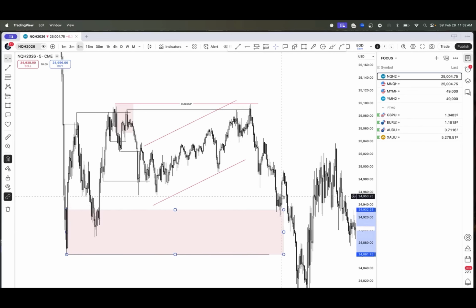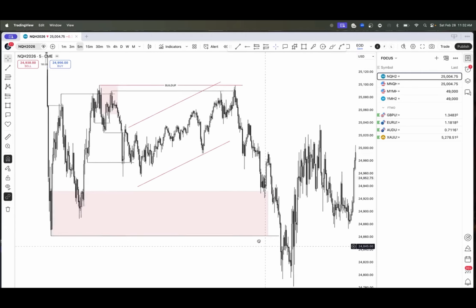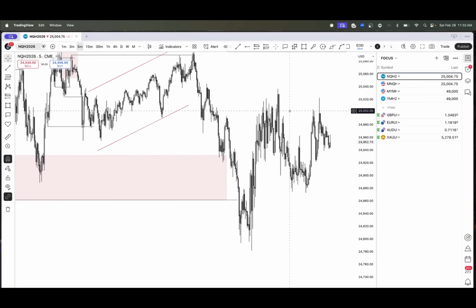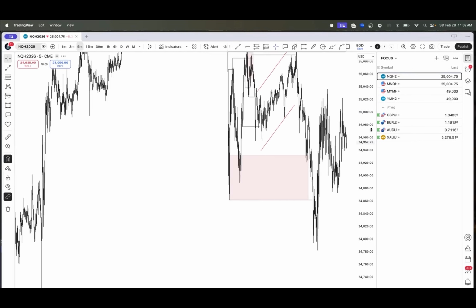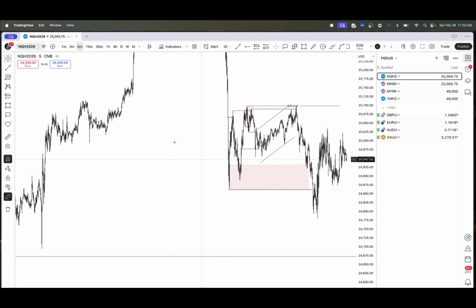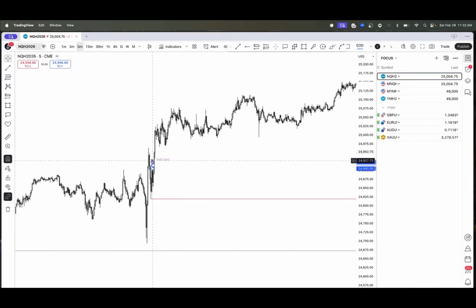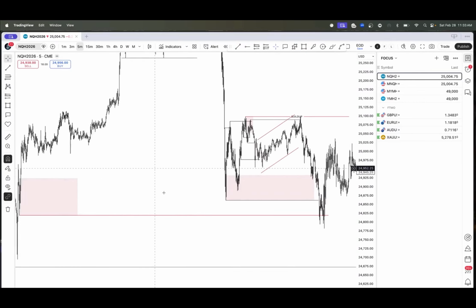So price respects it one last time before taking out the lows. We take out these lows, trapping buyers. We still have a liquidity point above here to potentially target. Since we took out those lows, and we also took these lows to the left that price reacted off of, very intricate. Look at this. So we take those lows. You would argue and say this price action is the reason why price built liquidity to the right hand side and induced buyers,